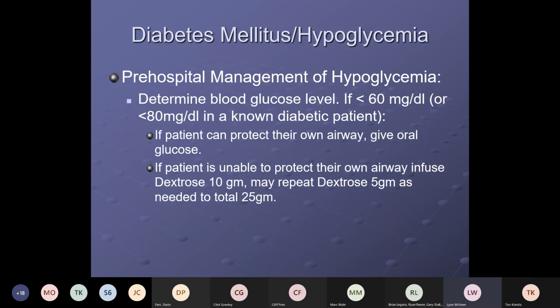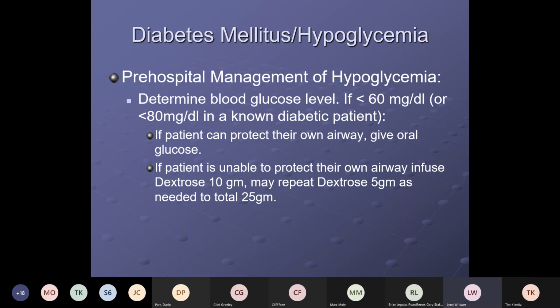So pre-hospital management of hypoglycemia, we've changed, but for 10 years now, and I noticed looking at other places around the state, they are also using D10. You determine the blood glucose, and in an adult, if it's 60 or less, or in a known diabetic patient, if it's less than 80, if the patient can protect their own airway, give them some oral glucose. If a patient is unable to protect their own airway because of confusion, semi-comatose state, whatever, then give dextrose 10